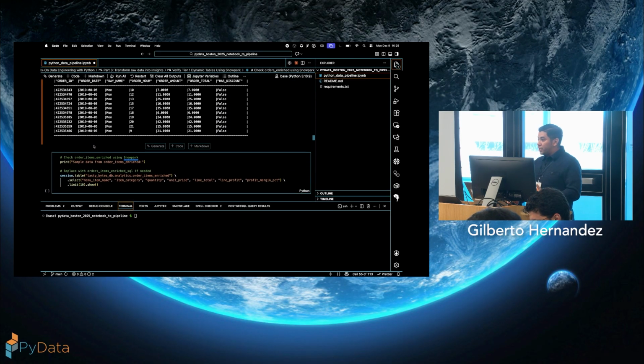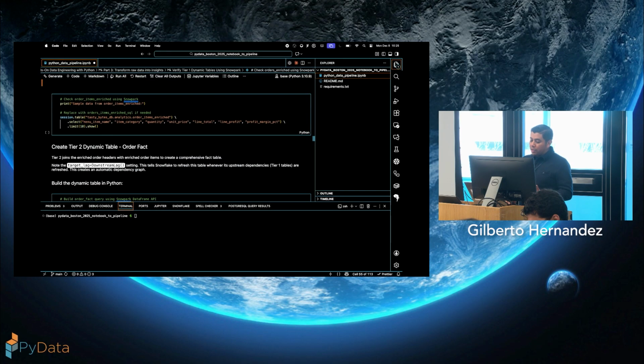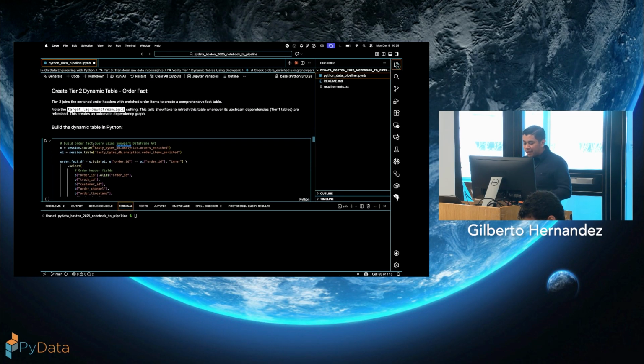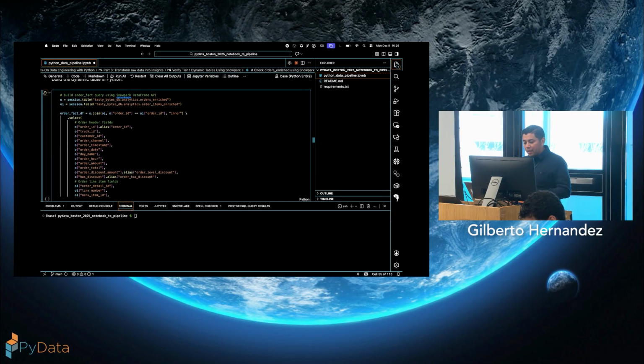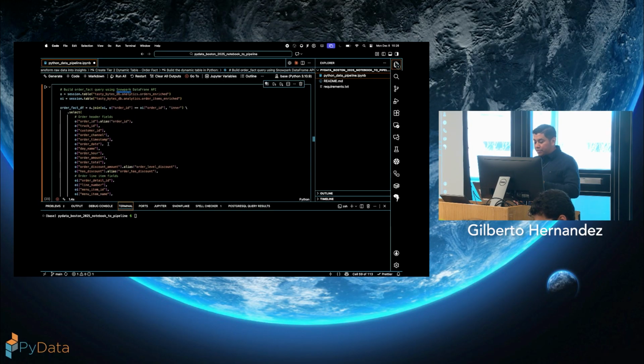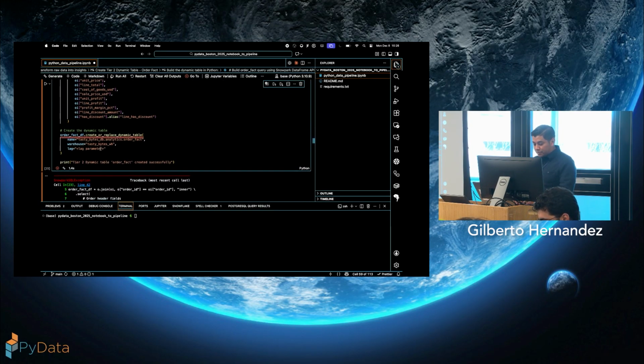I'm just enriching with temporal dimensions. I'm adding to orders enriched. I'm also doing something similar for order items, but I'm adding in things like discount flags and discount calculations. The details of the transformations aren't really important, but they're there if you want to read them. When I go to build my tier 2 dynamic table, I do get an error,